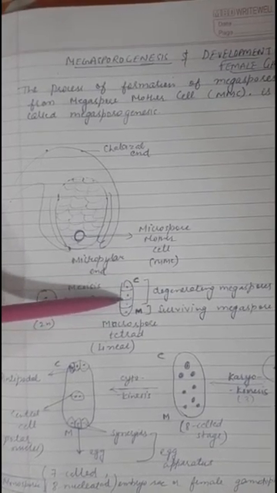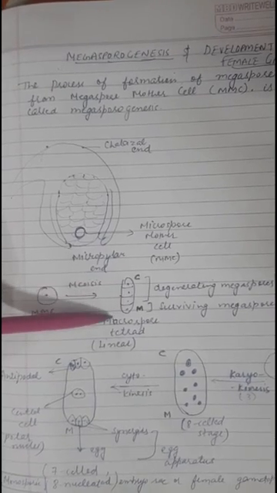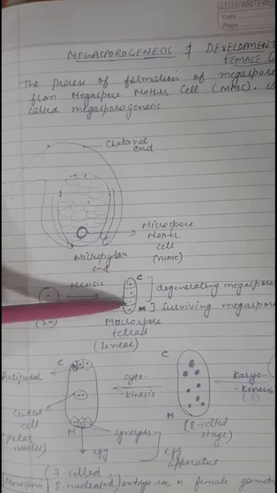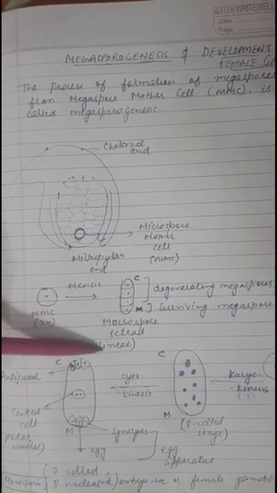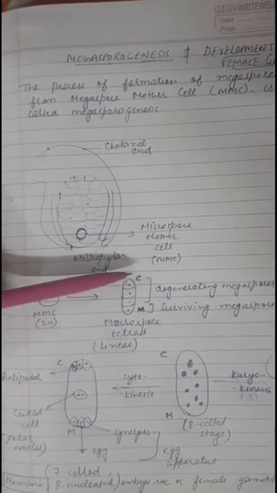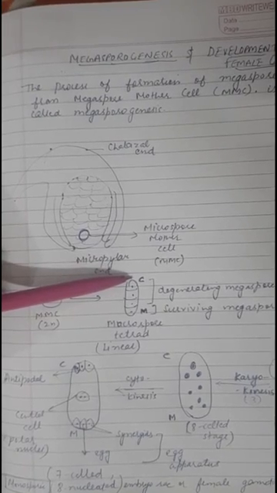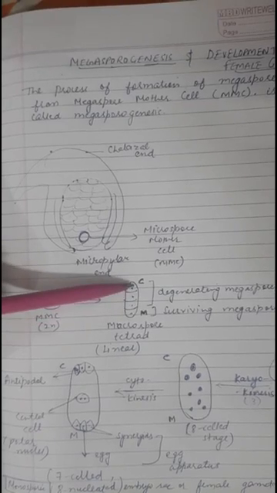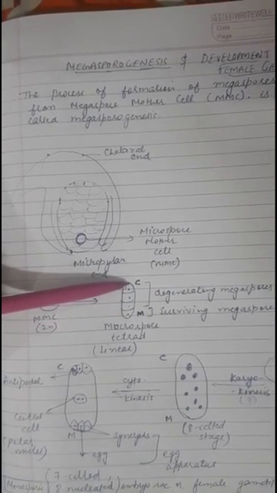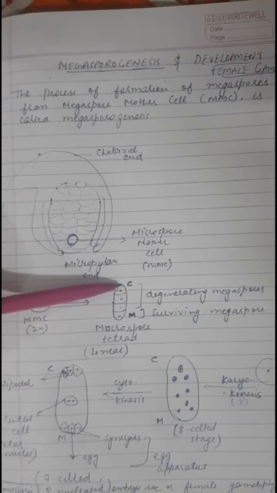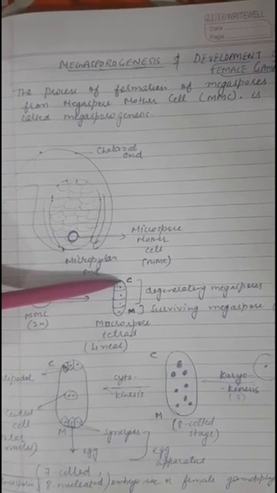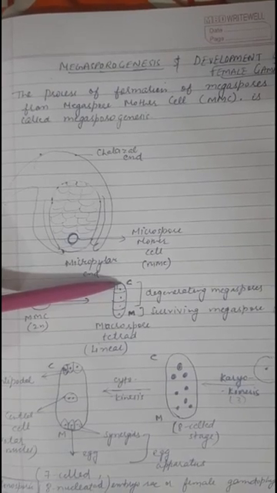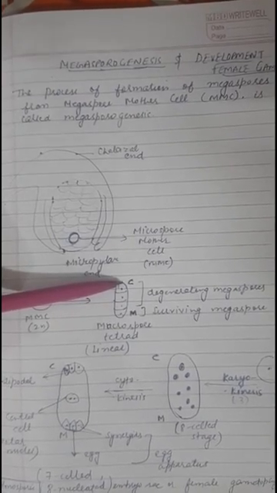Macrospores are always arranged in a linear manner, and this is called macrospore tetrad because here also there are 4 macrospores which are arranged in a linear manner. Unlike the microspore tetrad, they are always linear. Now out of these 4, in microspore formation all 4 were functional. They all 4 formed the microspores, and later the male gametophyte.